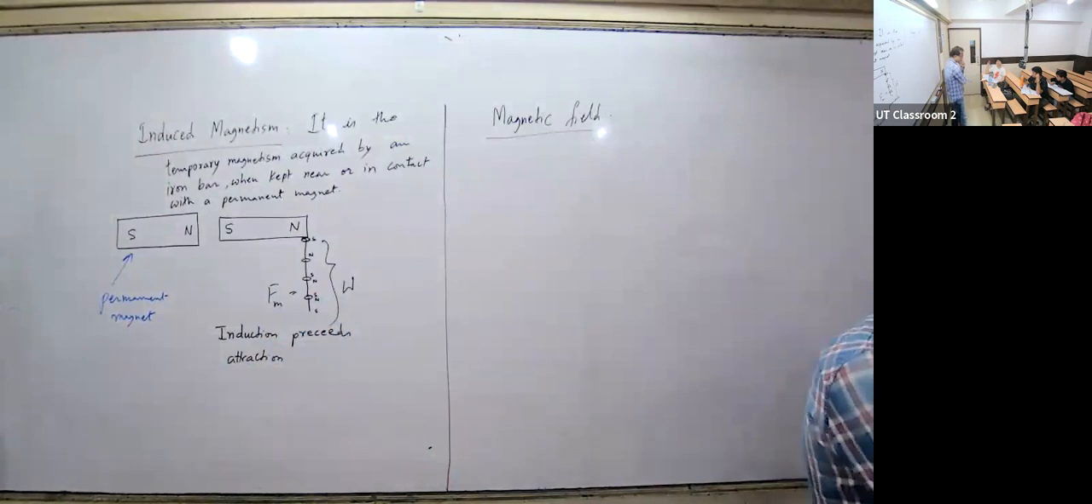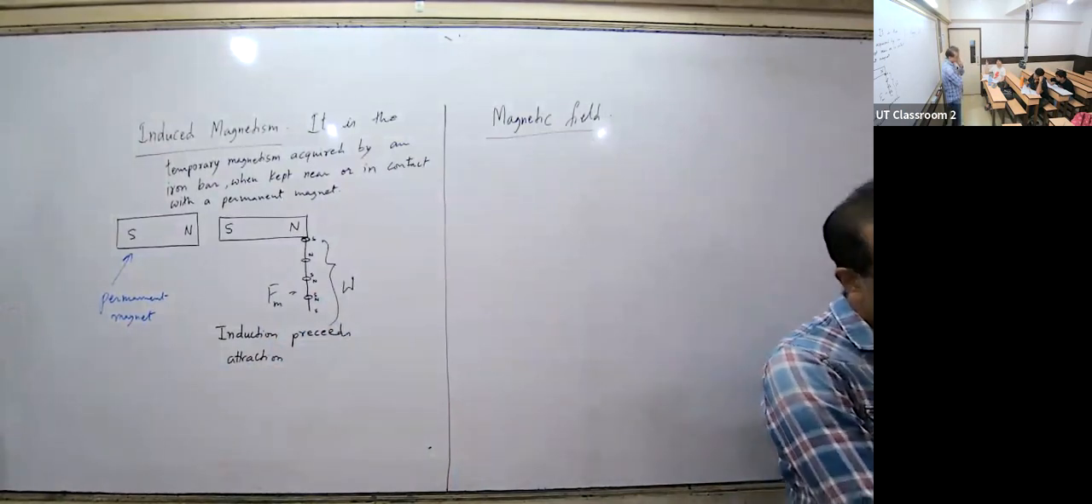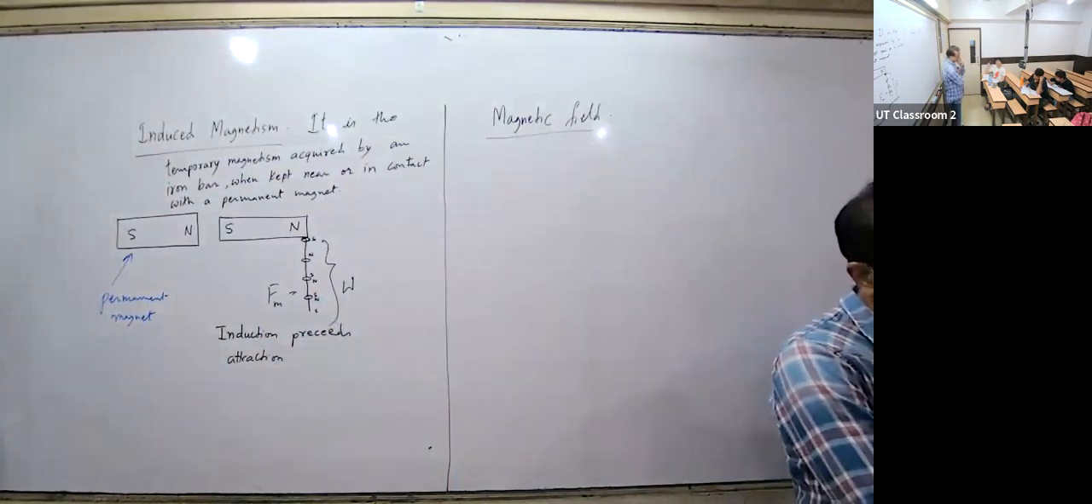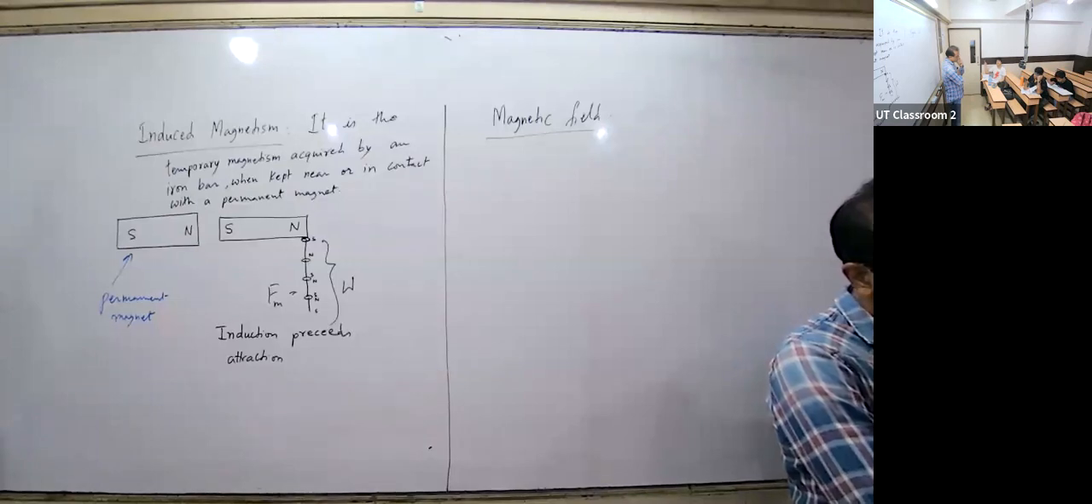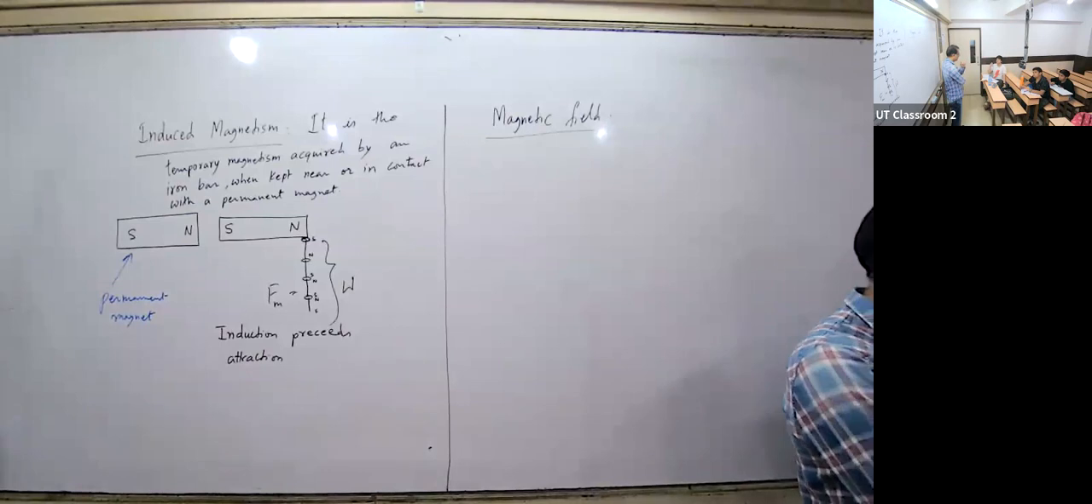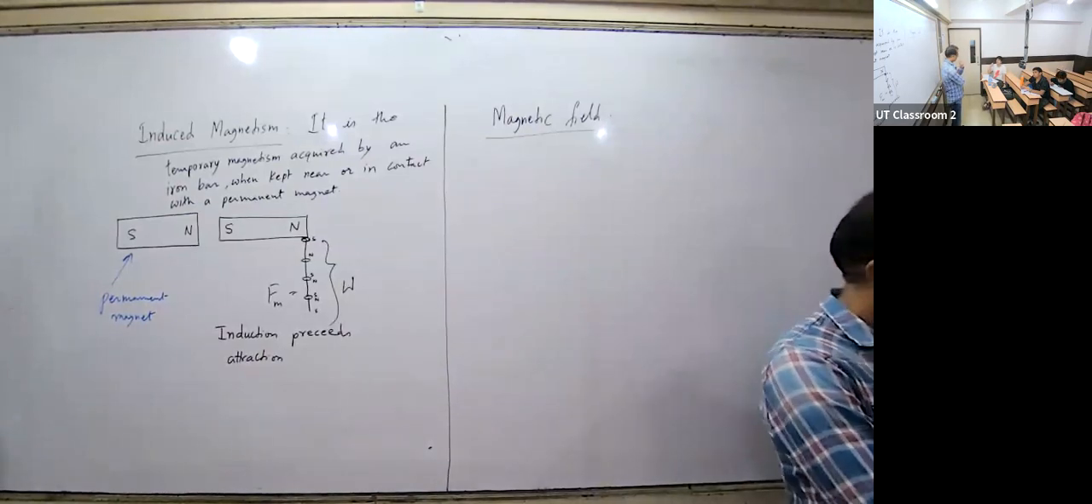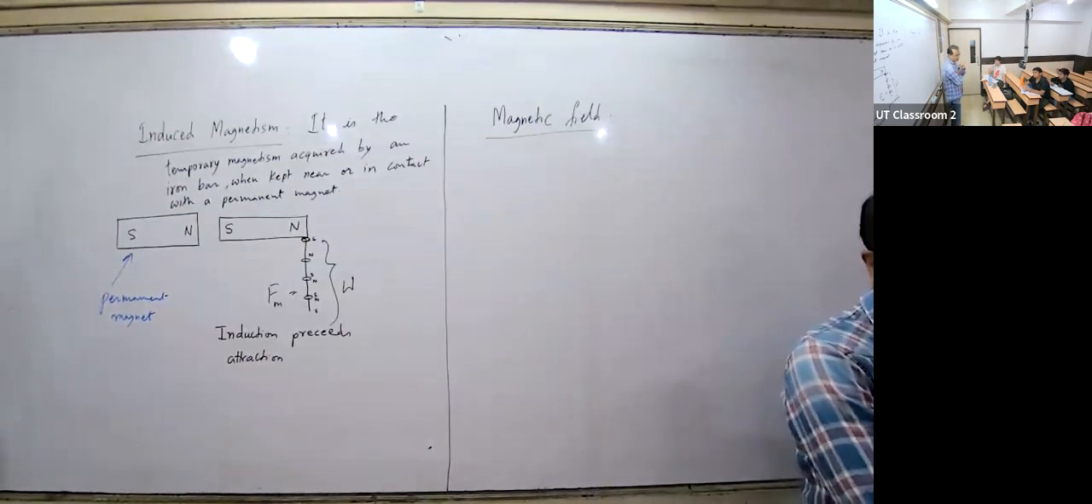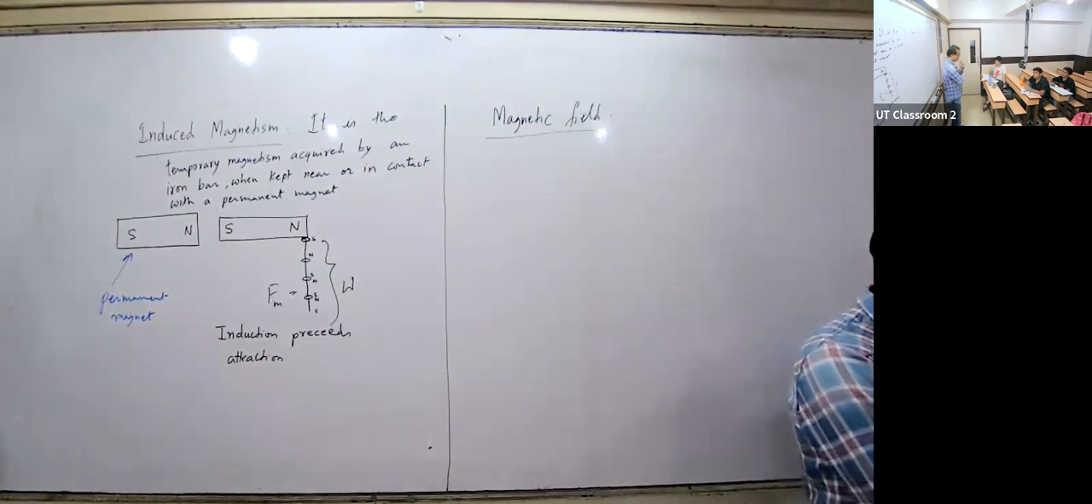The space around a magnet in which a magnetic compass needle lies in a direction other than its usual rotation. Okay, that's the magnetic field. So magnetic field is a property of